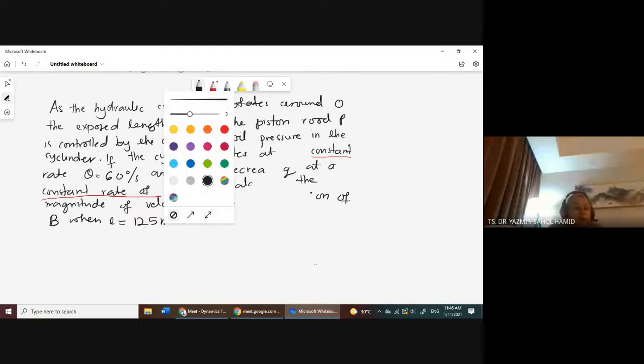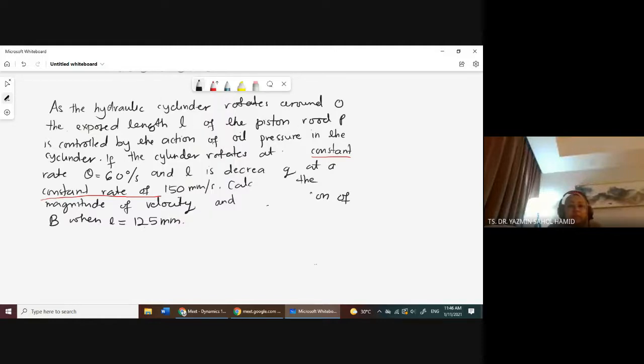At a constant, what is here? Constant at a... rotates. Where is the cylinder? At the constant rate of 60 degrees per second, and L is decreasing at a constant rate of 150 millimeter per second. Calculate the magnitude of the velocity and acceleration